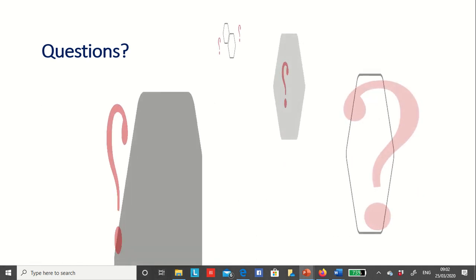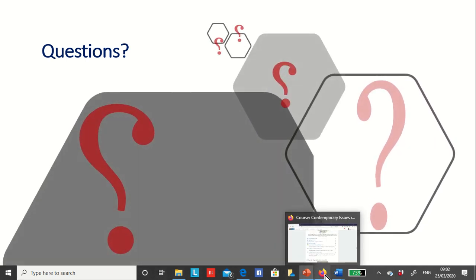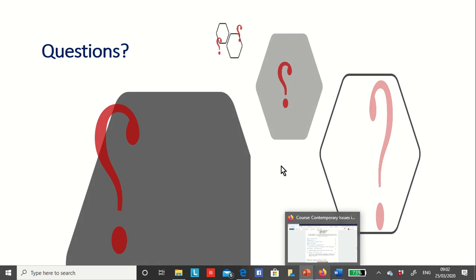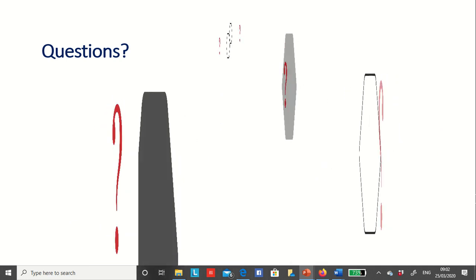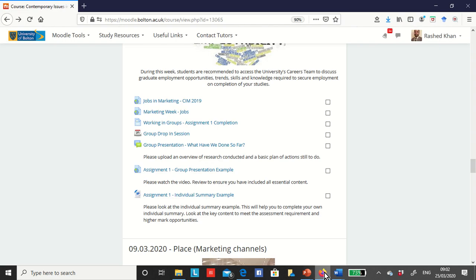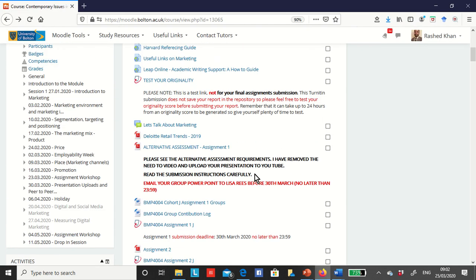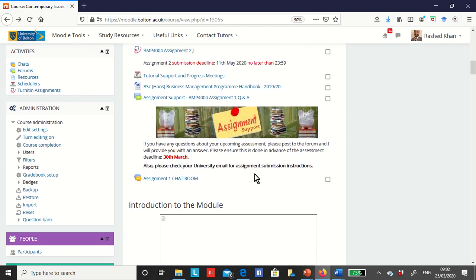You can ask your questions or any comments on the Moodle page Q&A area, which will help others too if they also have any questions in their mind. Okay, I'm going to the Moodle page again. If you go up, you will see assignment support, BMP assignment 1, Q&A. Where you can raise your questions, you can ask any questions here.